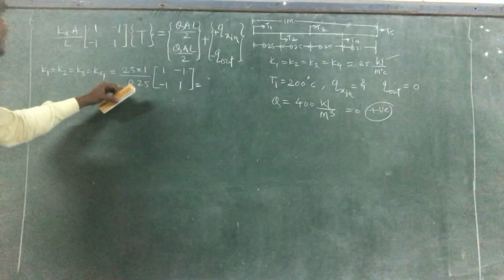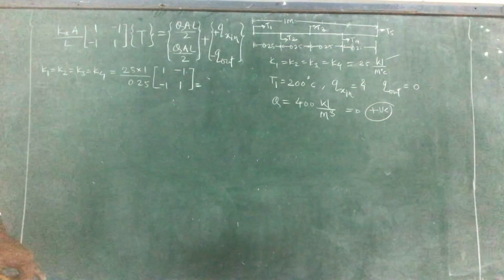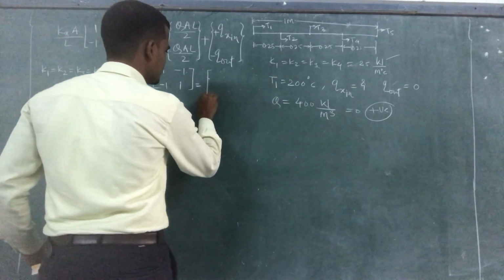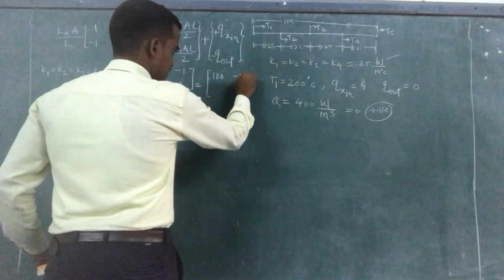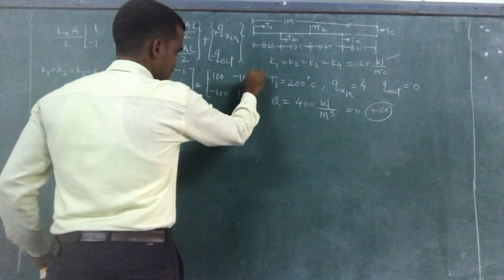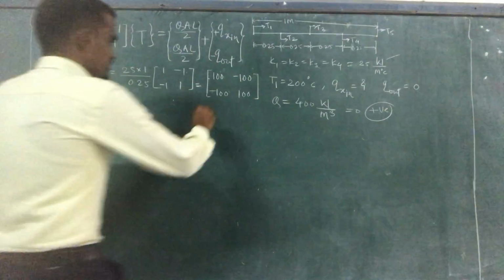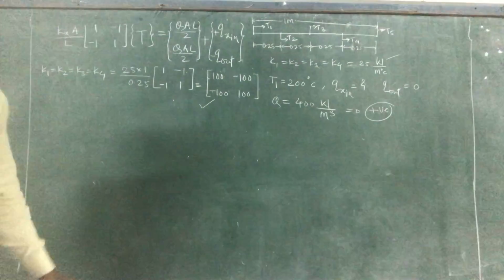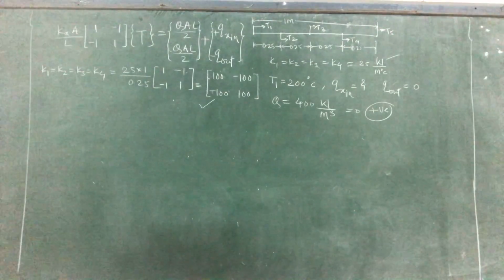So if we simplify this step, then we will get the value equal to 100. So this we will get the value as 100, minus 100, minus 100 and 100. Okay, so in this way you will get your elemental conductive stiffness matrix. Now next we need to